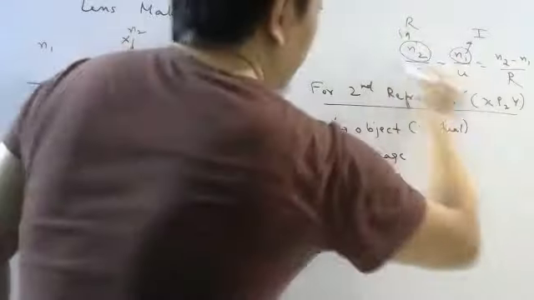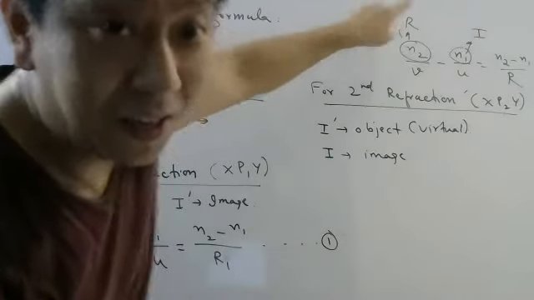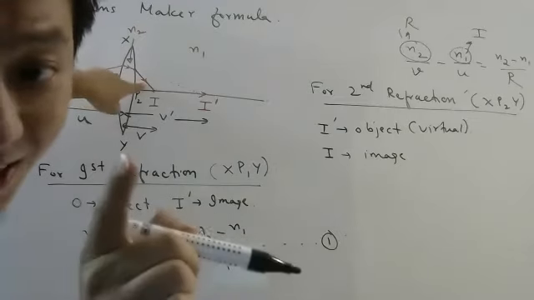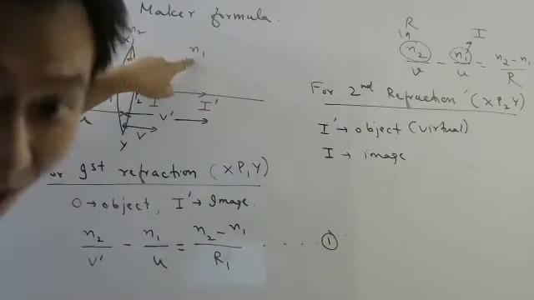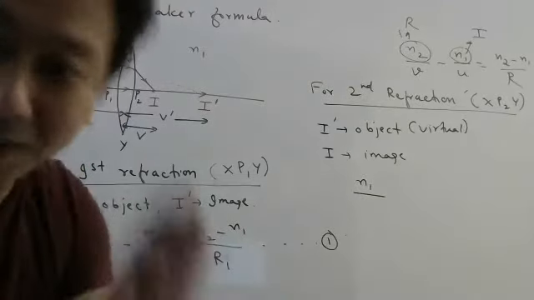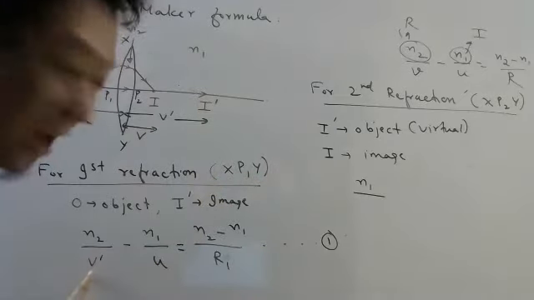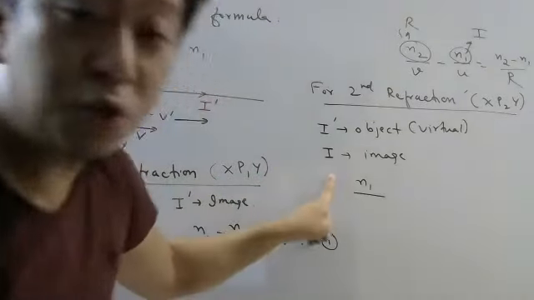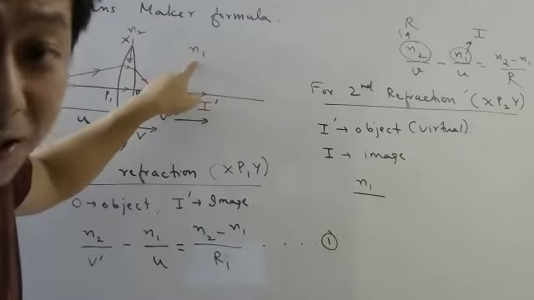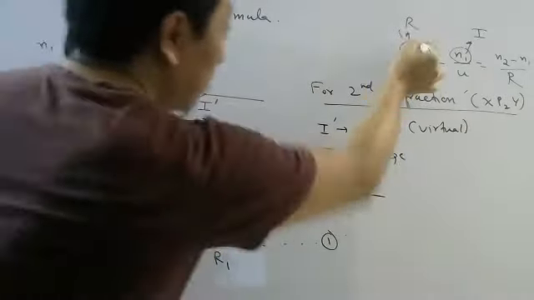So let us apply this formula now. Be careful again, students. N2 is the medium where there is refracted ray. So for second surface, refracted ray is this one, remember, refracted. In which medium is it? N1. So this N2 will be N1 here. This is the main part, because the rest is same as the previous one. Only thing is V has become V dash. But here it is very important to understand that for the second surface, the refracted ray is in N1 medium, not N2 medium. So this should be replaced by N1.